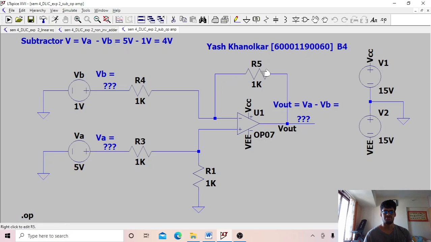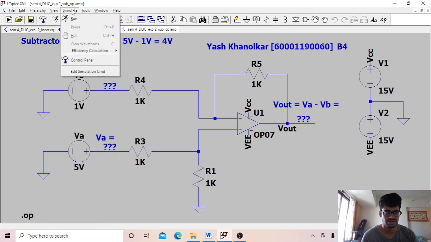Now we need the R5 by R4 ratio to be 1 because we want the coefficient of VA to be 1 so that the circuit can act as a subtractor. Now in the output we want VB to be negative, so we connect VB to the inverting terminal of the op amp so that VB is negative in the output, and VA should be VA at the output, so we connect it to the non-inverting terminal. So we can just then run the circuit